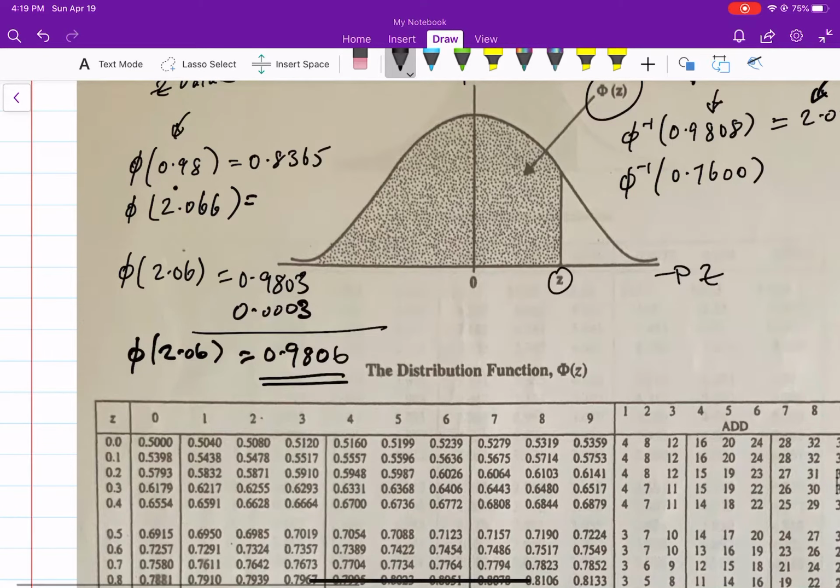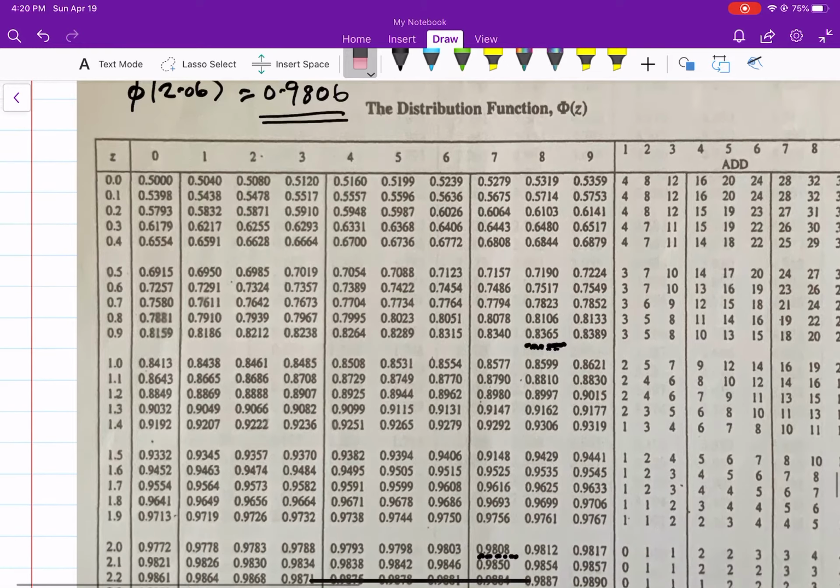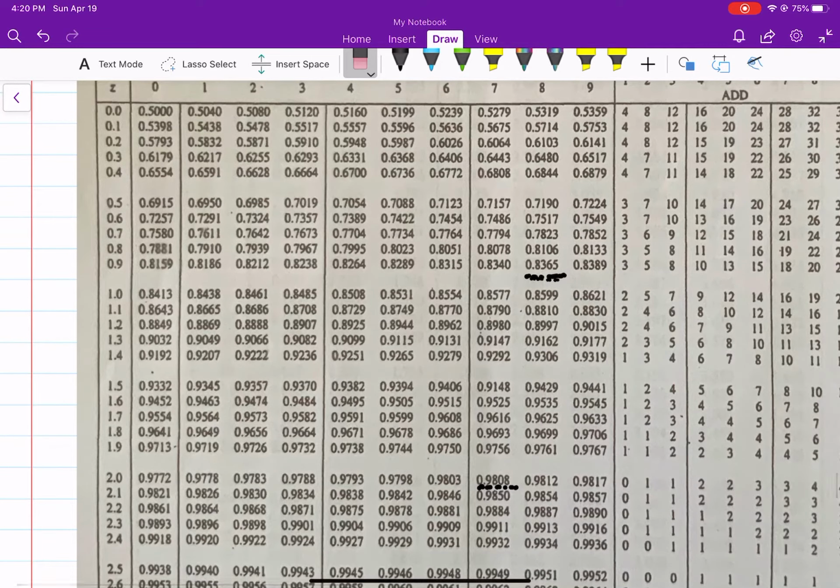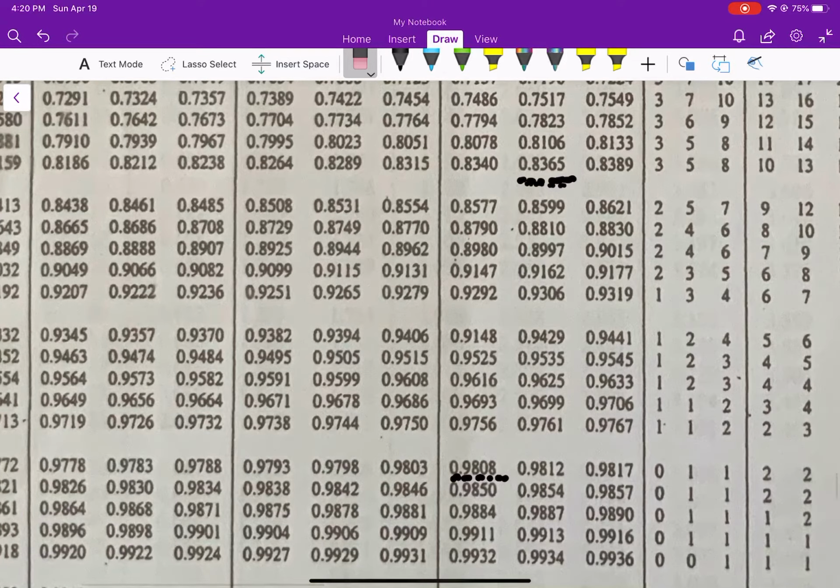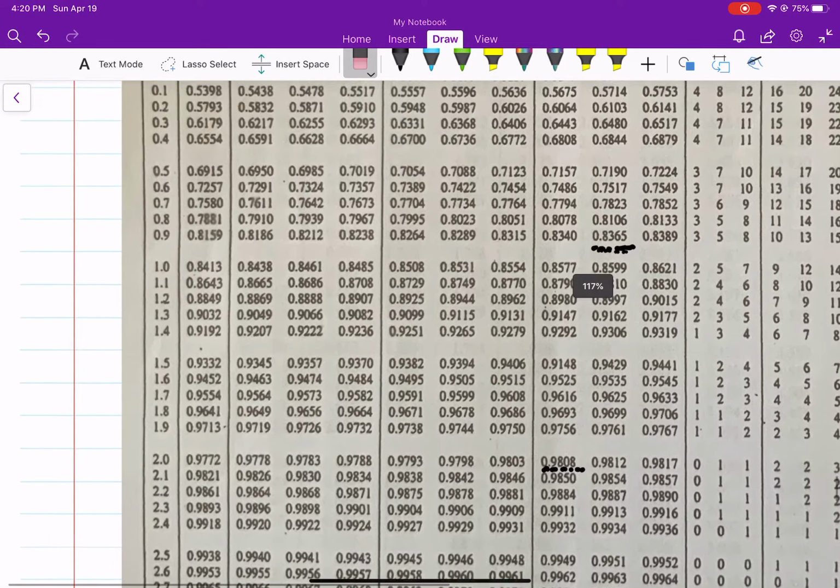0.8365. Now I'm going to look up a z value that has 3 decimal places. Phi of 2.066. So 2.0, 2.06. 2.06 will put me at 0.9808. So